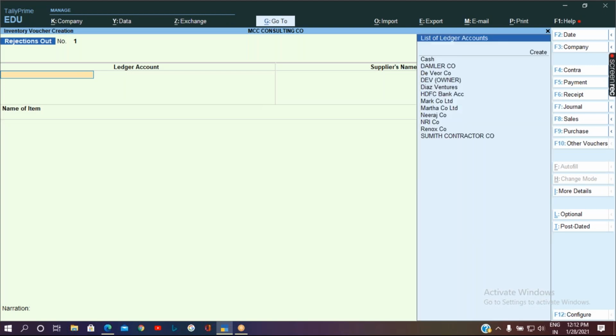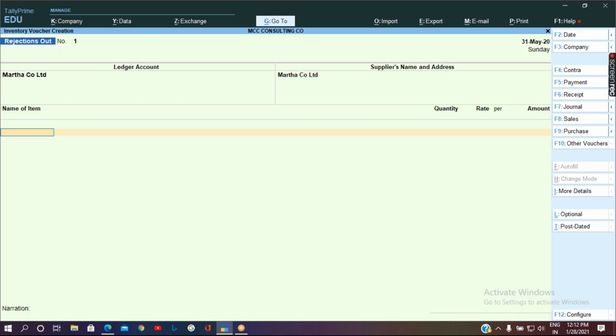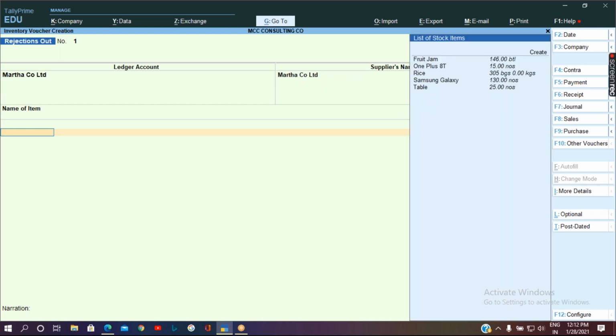Now here we are supposed to select the same party and select the stock item which was received, and now we are going to reject it back.